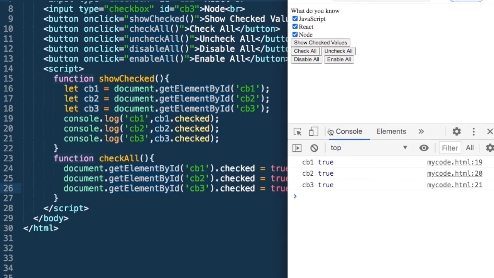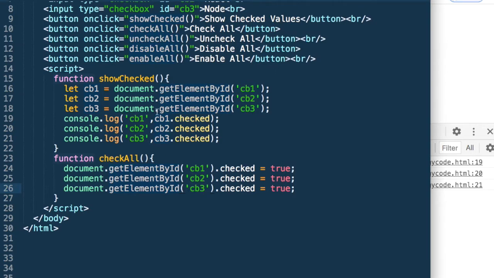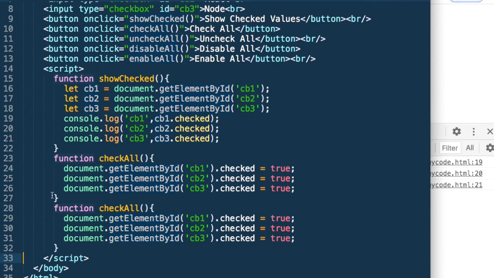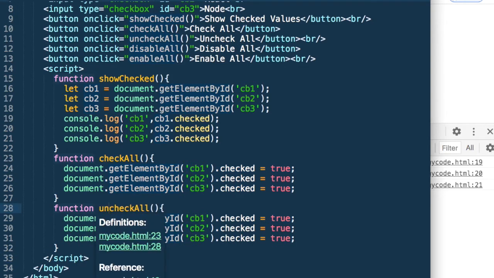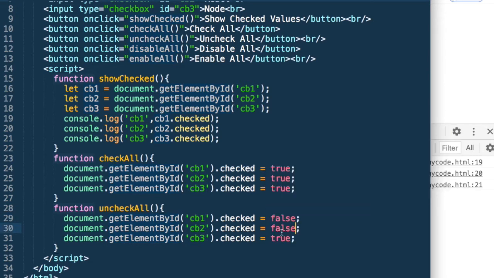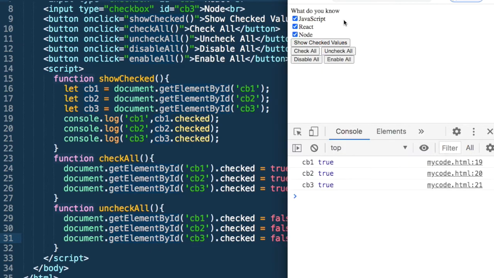And now if I click show checked values, they're showing all of them as true. Similarly, we can implement uncheck all. Uncheck all will be very similar to this, and in that case all these values are false. Let's test it. Check all are checked, uncheck all are unchecked, and the values are coming false.